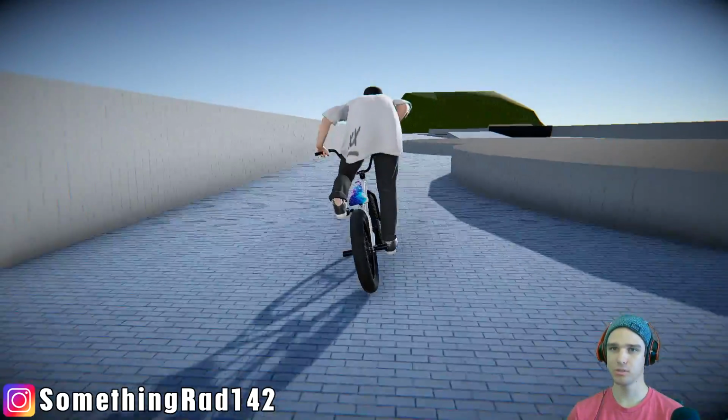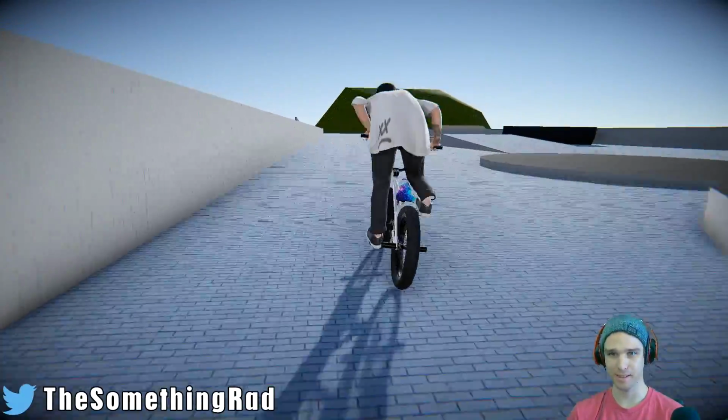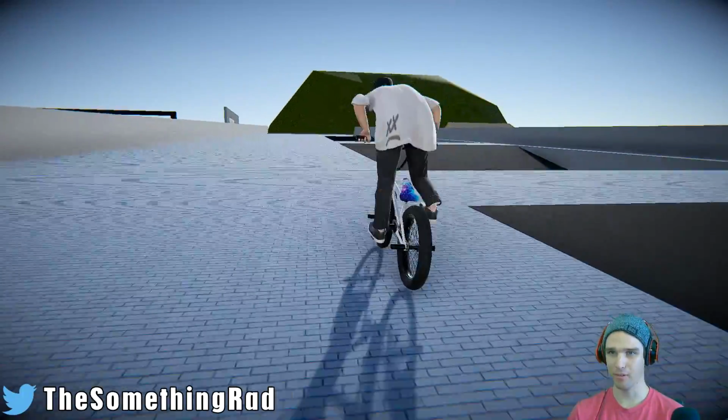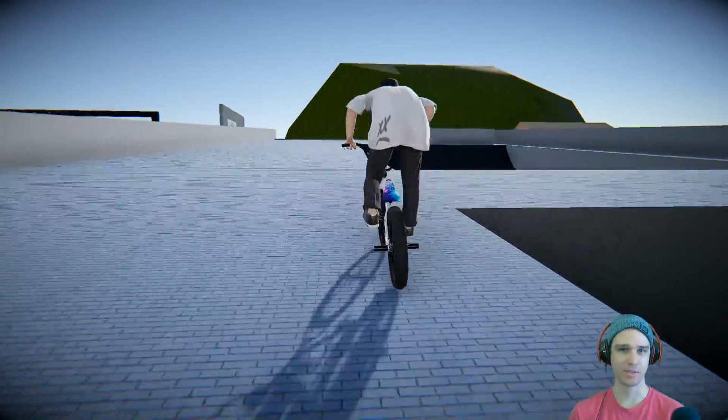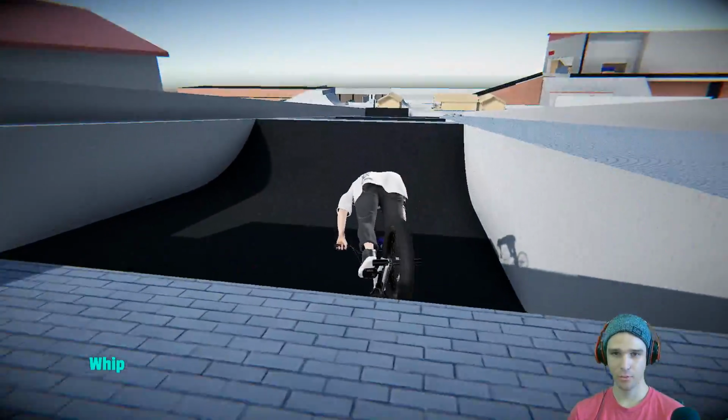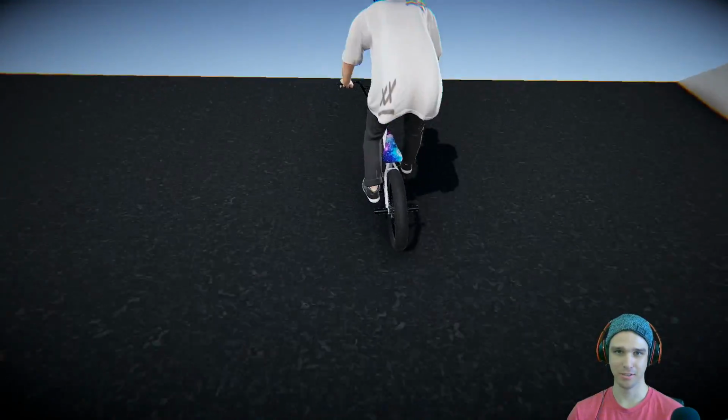And this is cool too. So you've got like these little manual pads down the hill, as well as some like little cutout spots here. So we'll ride this part before we head on up to this other park. You can roll in. I've never ridden this before, so